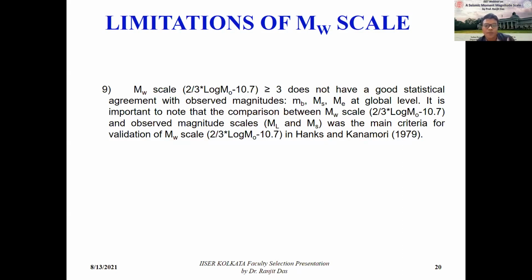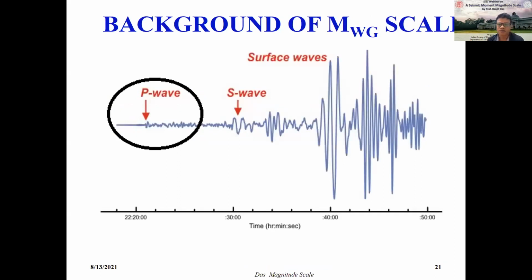So now if we compare this MW scale with MS, MB, ME, we don't find any good correlation or very good statistical agreement with the MW scale. So this is an attempt to cover up the limitation of the existing scales, because many people suggested that only one scale does not represent the entire earthquake scenario. So there should be some other scales. So we try to think in a direction so that we can at least remove some of the problems of